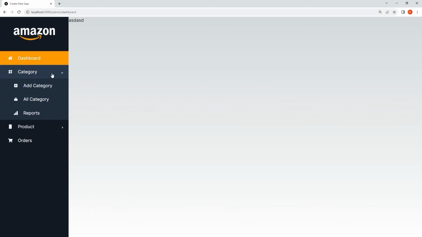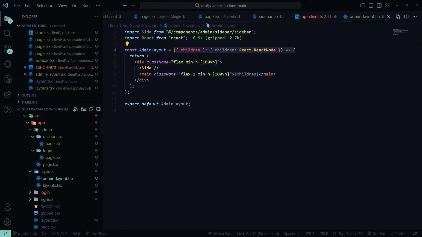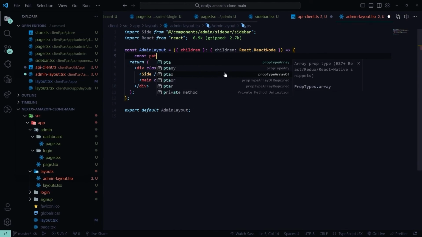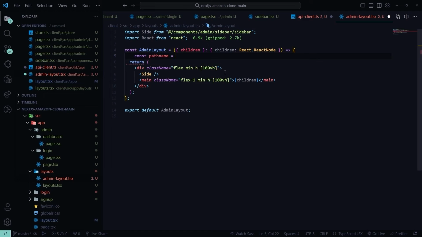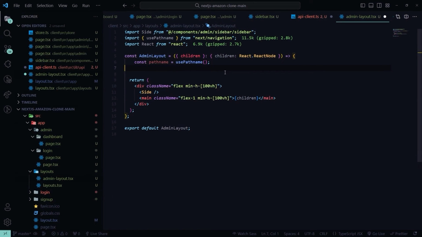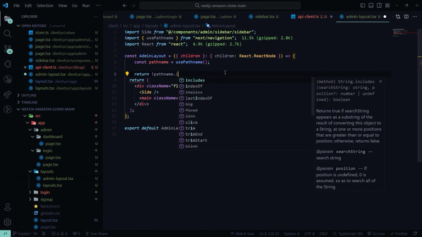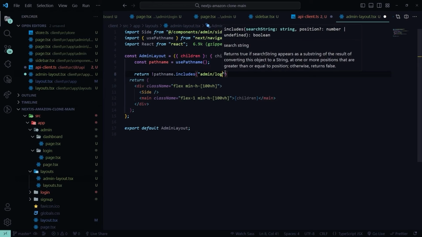Okay, so now if we head over to other pages, it would also work. So our sidebar layout is complete. Now let's fix the admin layout to only work on these other pages. So what we are going to do here is get the pathname to determine which path this is. So useParthname from next/navigation, and instead of this return, we are going to have a condition here: if not pathname.includes admin/login,